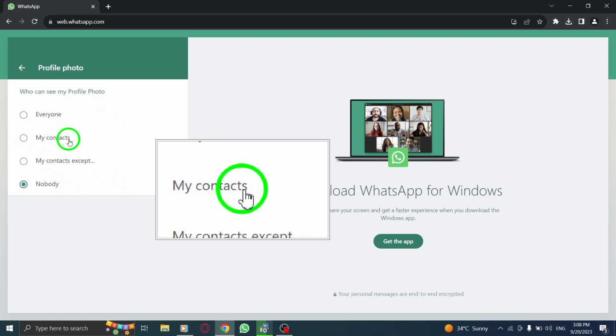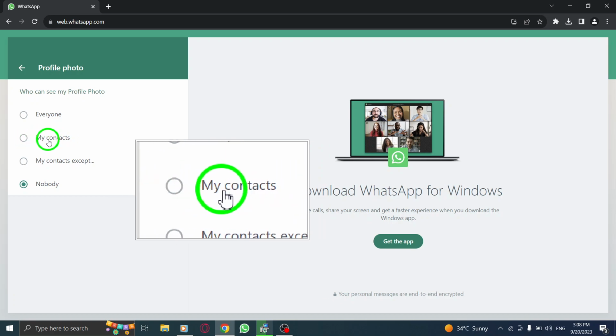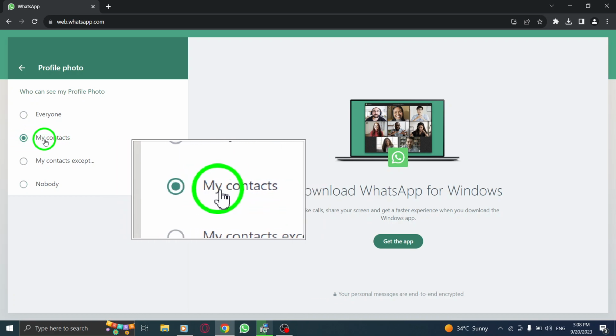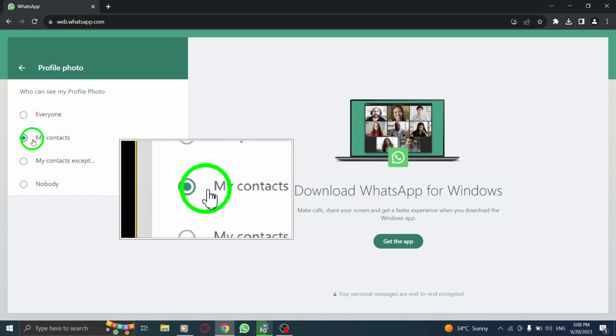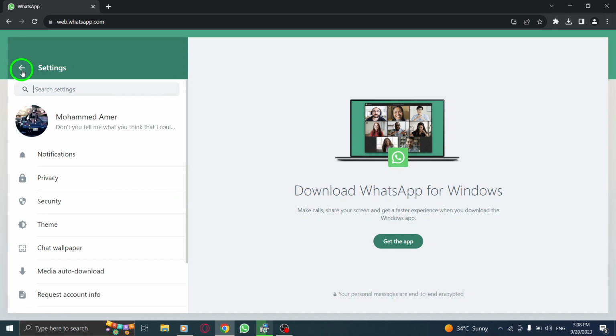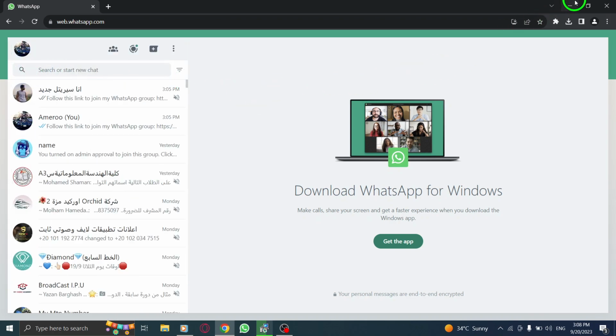Step 6. Check the option My Contacts. Once you're on the profile photo settings, check the box next to My Contacts to ensure that only your contacts can see your profile picture. And that's it. By following these easy steps, you can restrict the visibility of your profile picture to only your